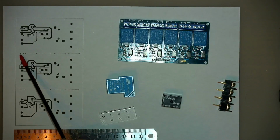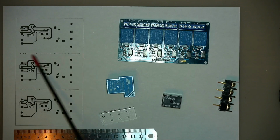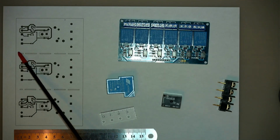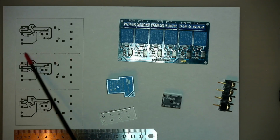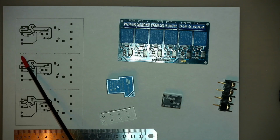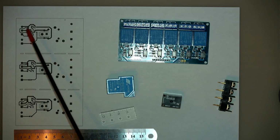And of course, these are the cutouts to make it easier to cut the boards apart. There probably is a way to do that in a different way with some that you can snap them apart, but I didn't want to do that because I want some strength to be there in case you use all three and you're going to mount the board